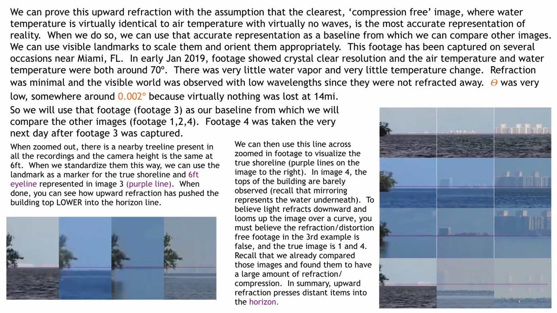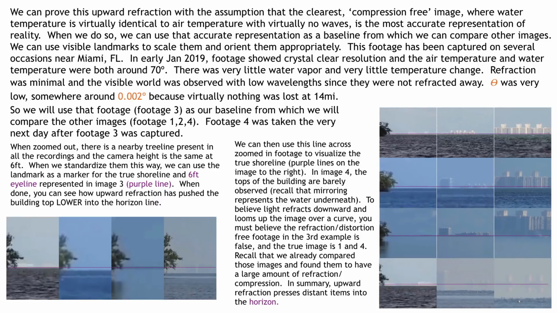So in image 4, on the right photograph there, which is the lower screen, essentially you're looking at about 12 images placed together. The 3 images on the top are zoomed out, zoomed in a little, and then zoomed in a lot more to give us that compressed building view. The second row is again zoomed out, zoomed in a little, and zoomed in more, and then it does the same thing for our baseline image, and then the same thing for our footage 4, which was captured the next day after that great